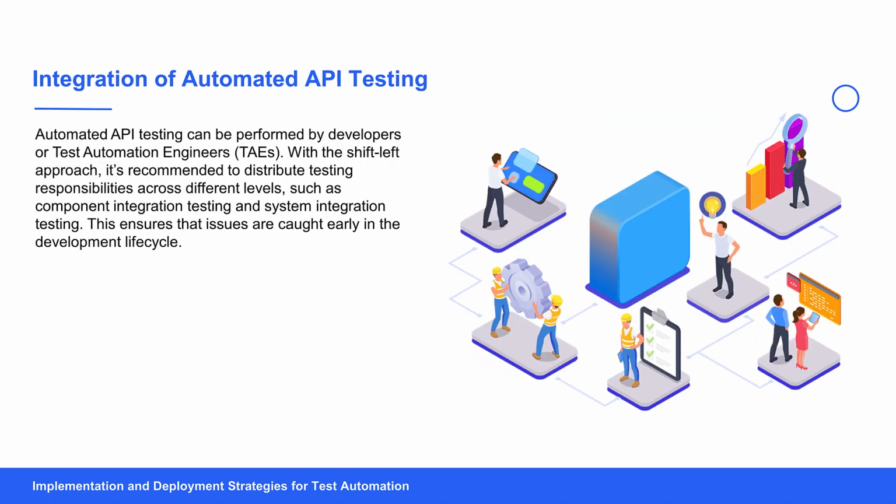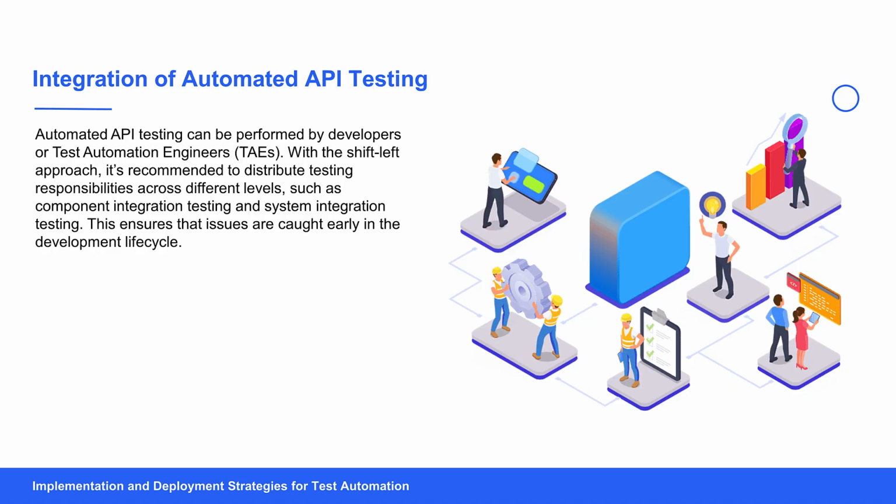Automated API testing can be integrated into the development process by either developers or test automation engineers, TAEs. With the shift-left approach becoming more prevalent, it's increasingly recommended to distribute testing responsibilities across different stages of development. This means conducting tests at the component integration level as well as system integration level. By catching issues early through this layered approach, we can prevent defects from escalating as the software progresses through the